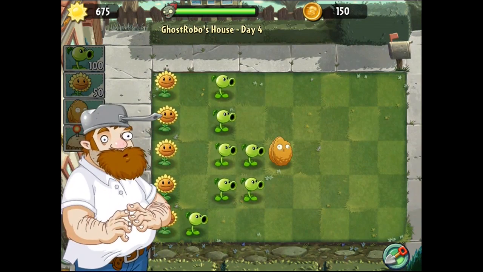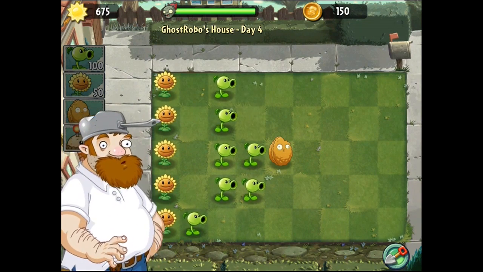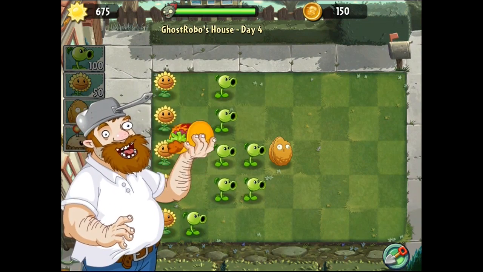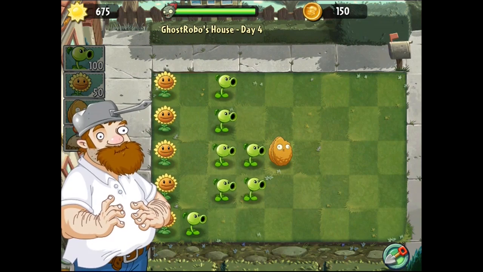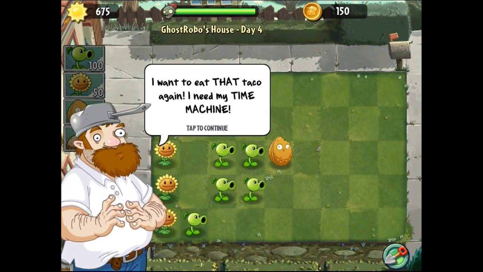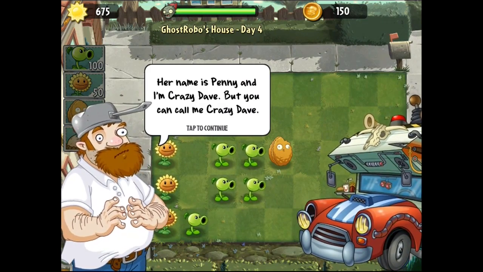Crazy Dave, what's up? Hey neighbor, can I borrow that hot sauce? I just got the hot sauce though. You want it already? Oh. I've been holding on to this taco for forever. Alright, I'll share some with you. One bite taco. Always the best kind, huh? Ooh, that was amazing. Good, I'm glad. I want to eat that taco again. I need my time machine. Her name is Penny, and I'm Crazy Dave, but you can call me Crazy...